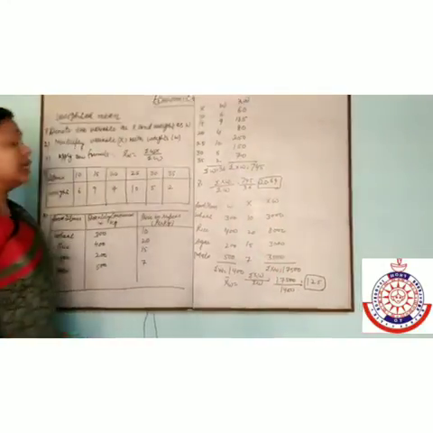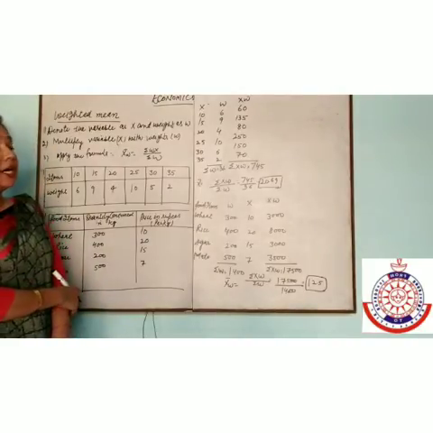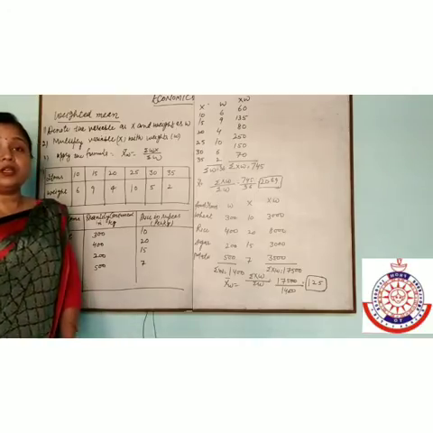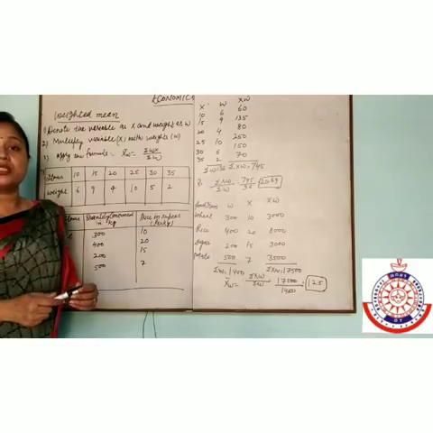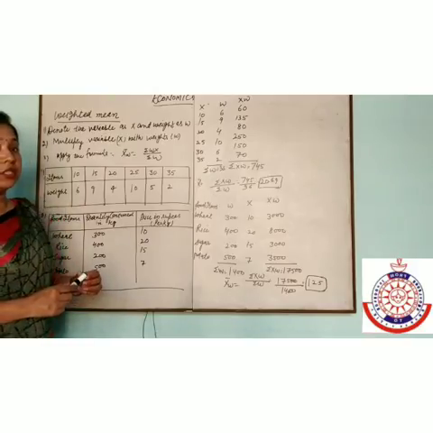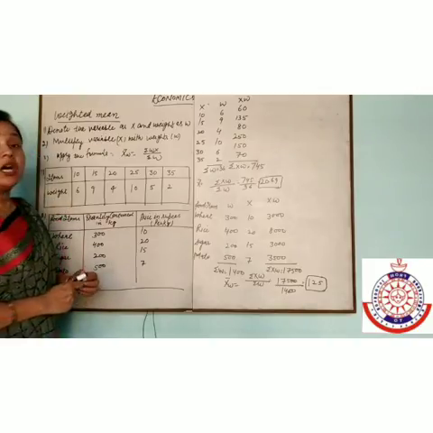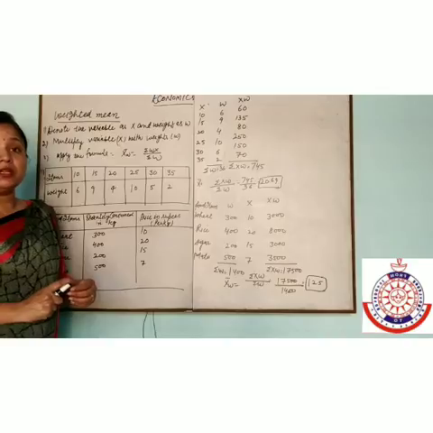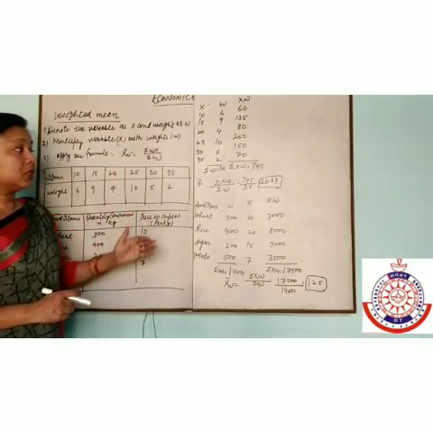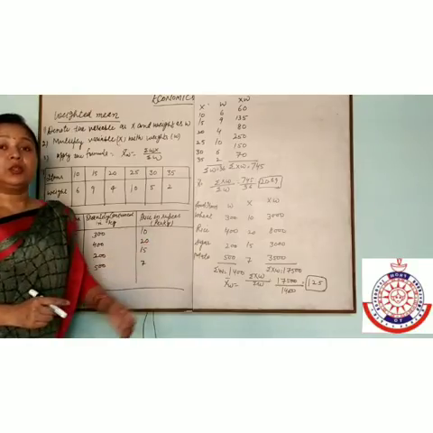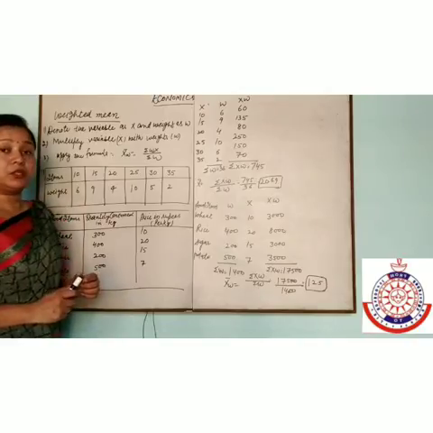So this is our complete chapter of measures of central tendency, arithmetic mean: how we can calculate arithmetic mean in different series like individual series, discrete series and continuous series, and how we can find out the missing values, combined mean, correct values and the weighted mean. All these come in this chapter. Now this chapter is finished. I will give you the assignment of this chapter.